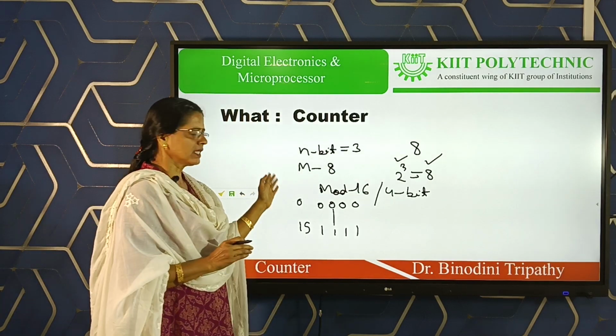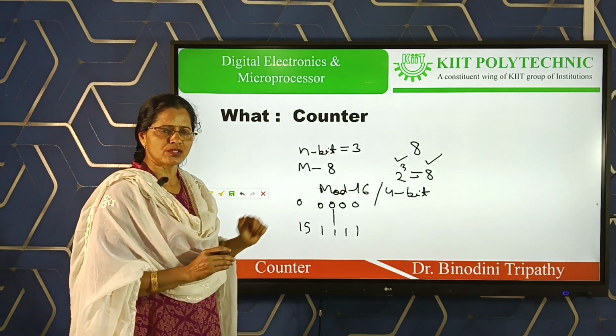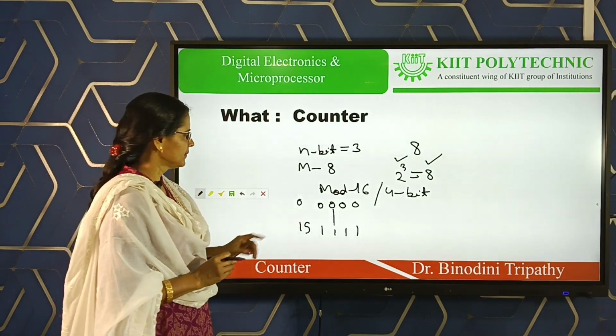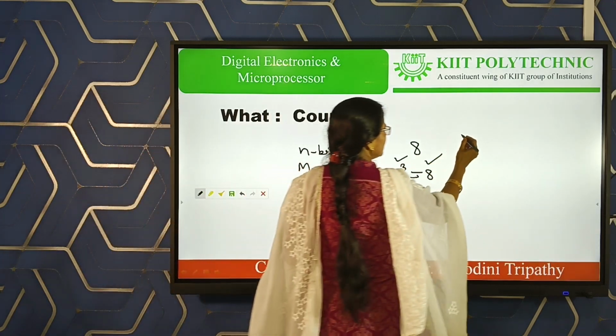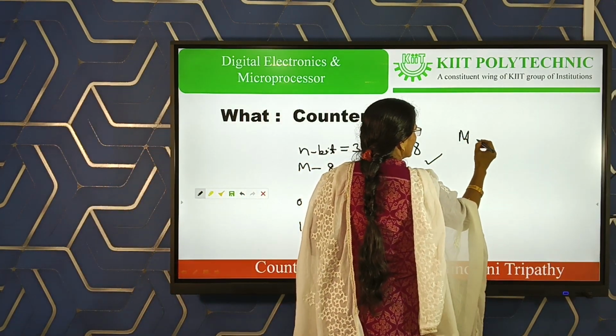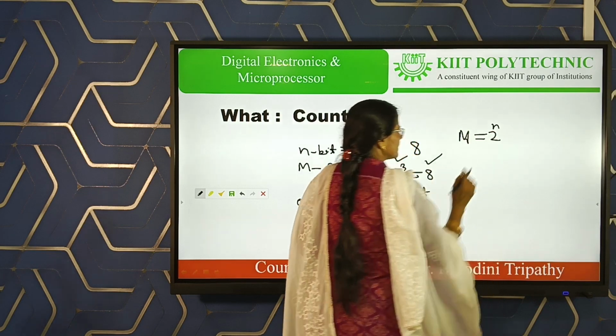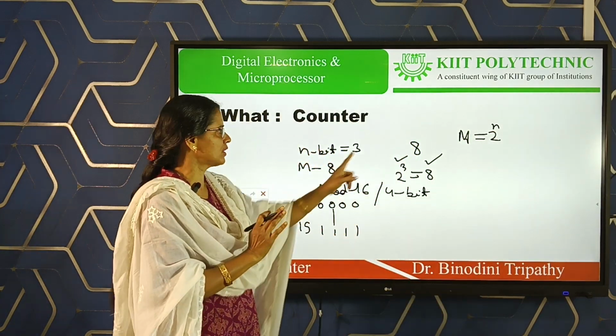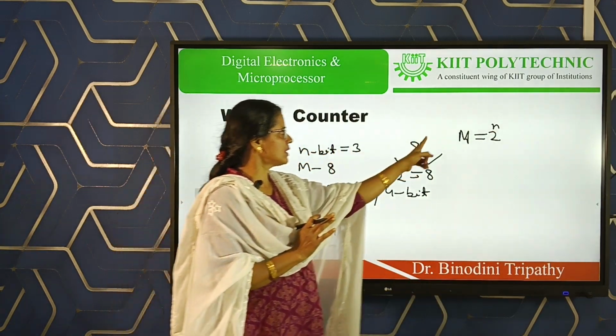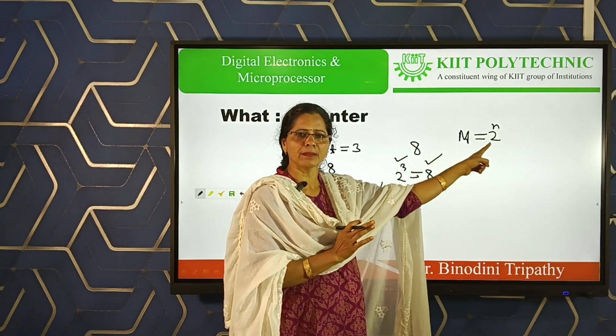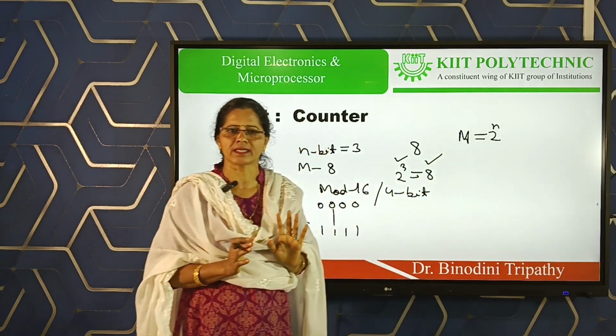So now we are considering only the standard counters, not any reduced counter. Standard counter means the relation between modulus and bit value will be like this. Today's class focuses only on this: counters having the relation between modulus and bit, m is equal to 2 to the power n.